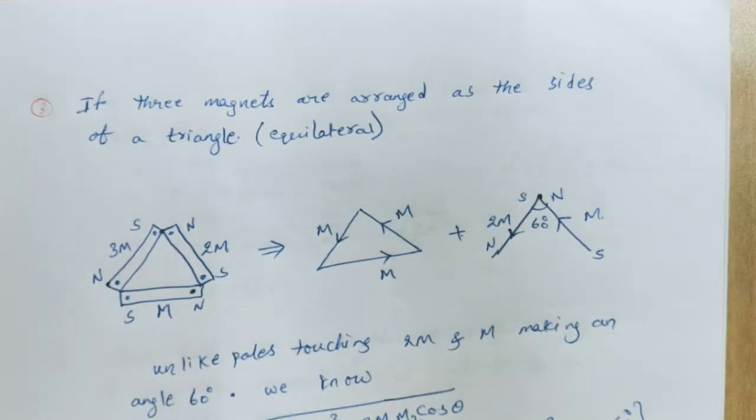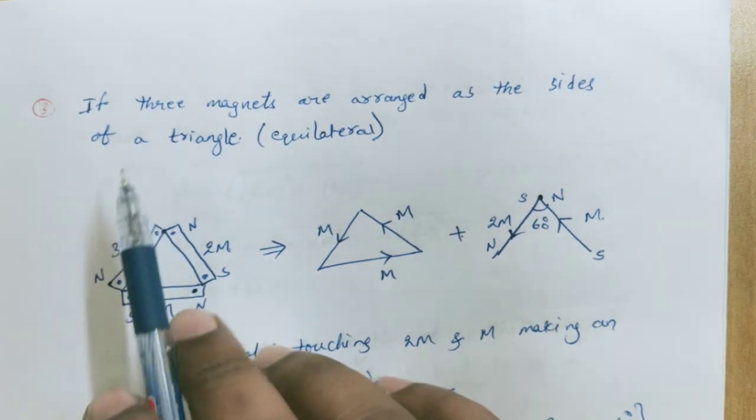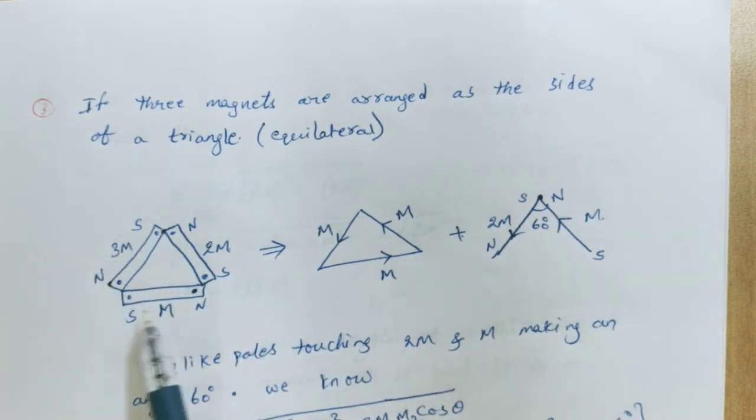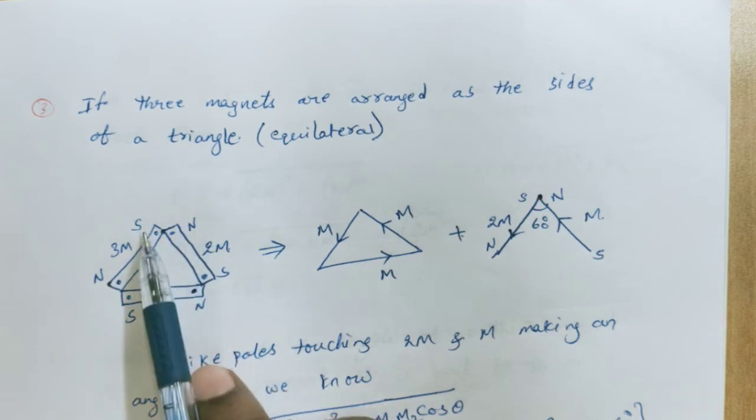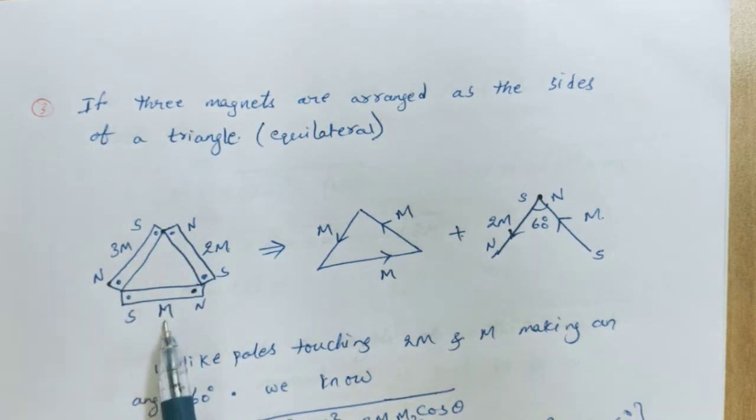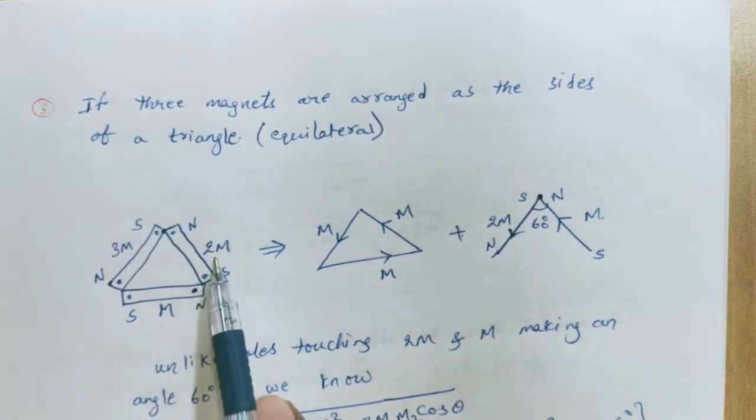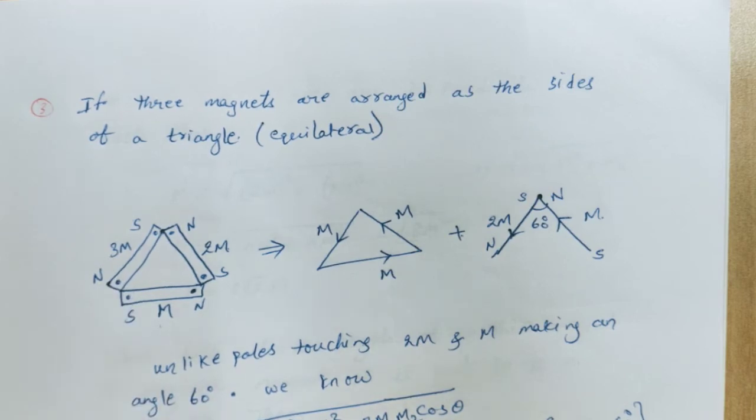Based on previous knowledge, students, now we are going to one more application, but here we are not taking the same magnetic moments. Here different magnetic moments we are choosing, students. So observe carefully this diagram. This is the first magnet, this is the second magnet, this one is the third magnet. This one has magnetic moment m, here 2m is present, here 3m is present.